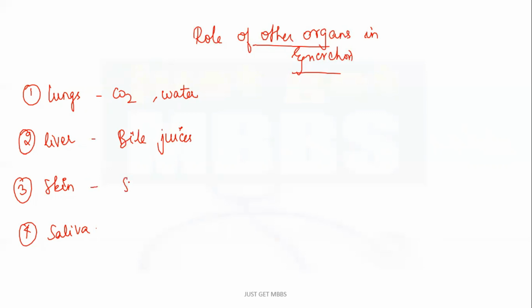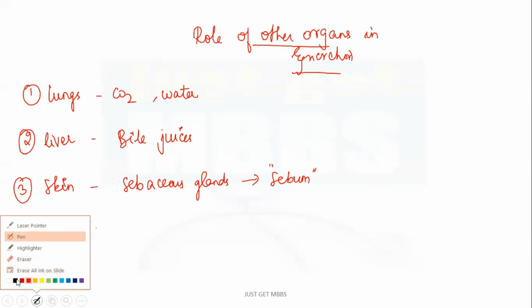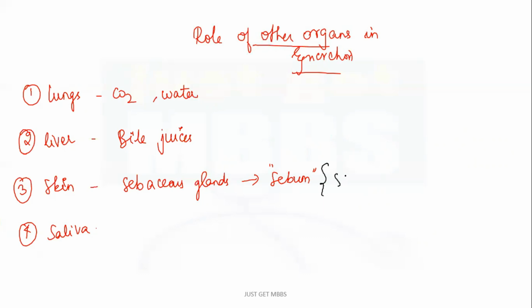Now, through skin, we all know we have sweat glands and sebaceous glands there. Sebaceous glands secrete something called sebum, which gives an oily appearance to the skin, right? So through sebum, we will have some substances. This is an important question that can be asked: what are the components of the sebum? So sebum mainly includes sterols, hydrocarbons, and wax. These are excretory products given out by some tissue, secreted by the sebum.